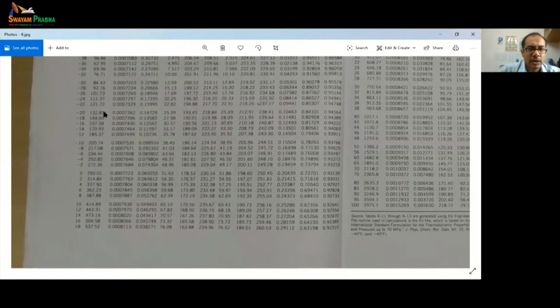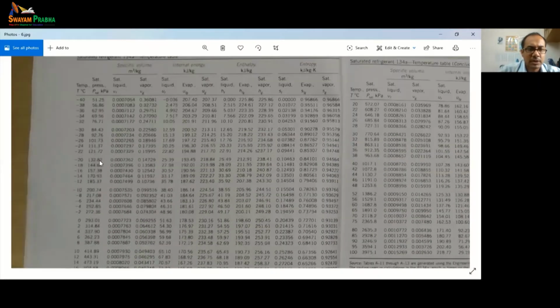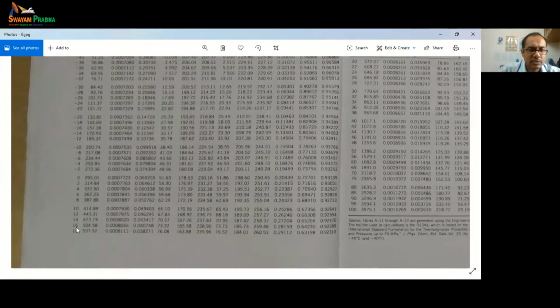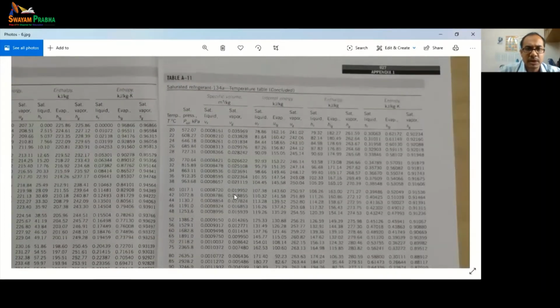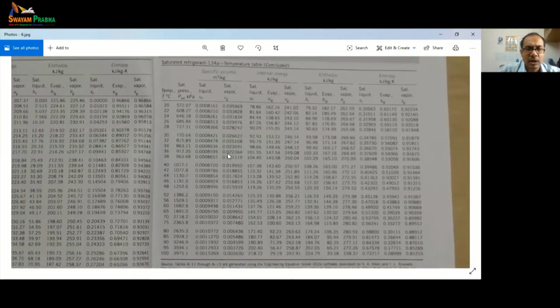So here for the temperature table, we see at the end of this page we have 18 degrees centigrade only. So you have to go to the next page, where the temperature table is continued. And if we look at the first column, 90 degrees centigrade is here, and you see the pressure is 3246.9 kPa. So it is way higher compared to what is given, 600 kPa.